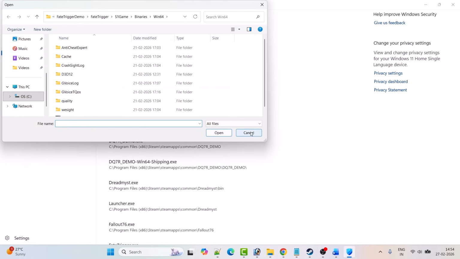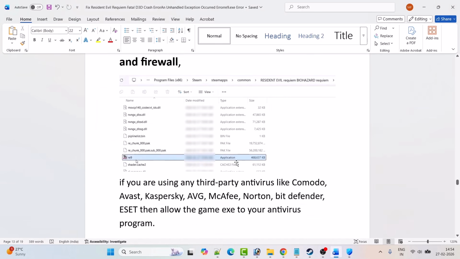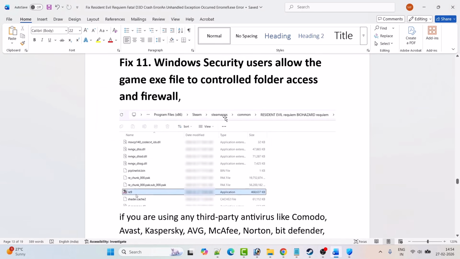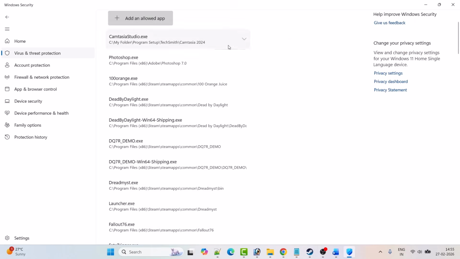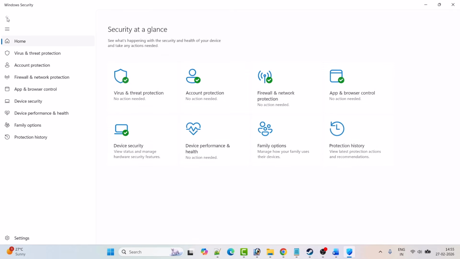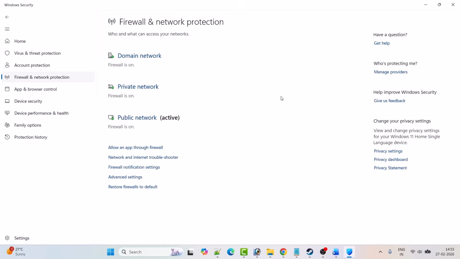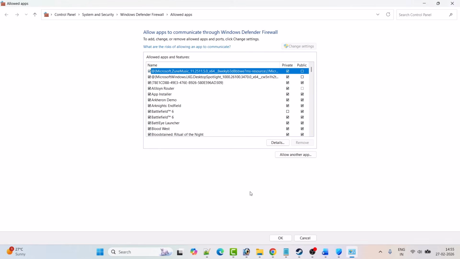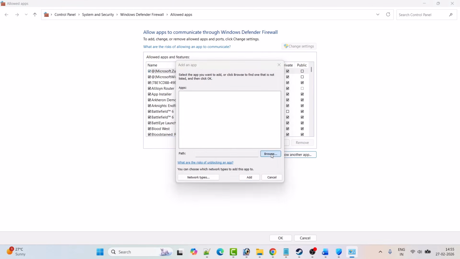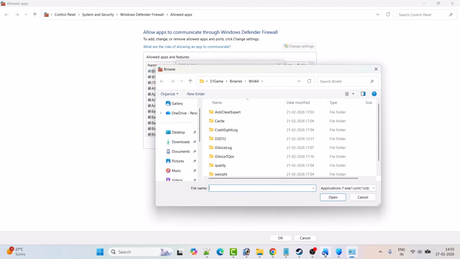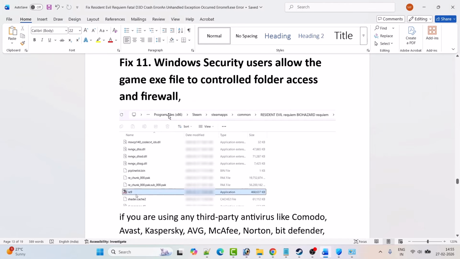And then browse to the game installation folder. So you have to browse program files x86, Steam, Steam apps common, Resident Evil Requiem Biohazard Requiem folder, and then select the re9.exe file and then click open to add it to the list. After adding it, go back, then click on firewall and network protection, then click on allow an app through firewall, then click on change settings and then click on allow another app, click on browse and then again go to the game installation folder. You have to go to the same path, program files x86, Steam, Steam apps common, Resident